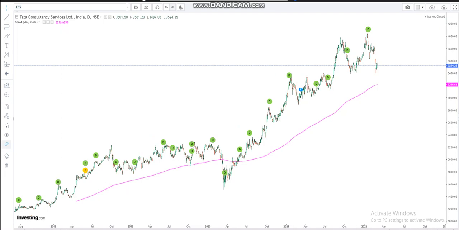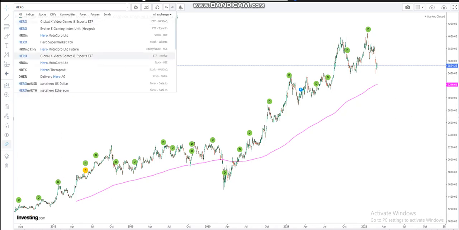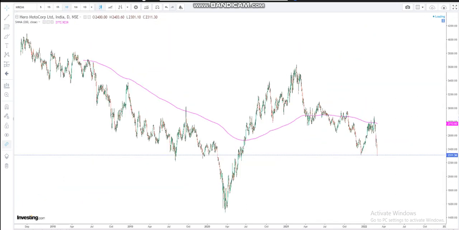Now let me showcase the other, say Hero Moto. Someone asked me about Hero Moto, and the reason I said no is because of this. You can see that during this distribution phase which was happening here, whatever positions were created here in Hero Moto, it is now trading below it, and this itself showcases the weakness. The heuristic is pretty simple, and again it's also below the 200 SMA, and that's why I said in Hero Moto you never know, because if you look at the long-term chart you can see that since 2017 onwards Hero Moto was always below the 200 SMA. For a very short term of 6 months it went above it, but now again it's below.